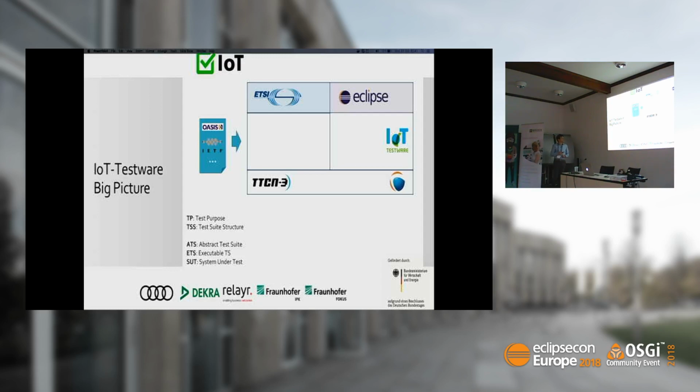We started with requirements for MQTT and CoAP first, and now we have also included the OPC UA framework. We take these requirements, and on the ETSI side we create the test suite structure and test purposes. So we define what we want to test of the protocol and what is important,